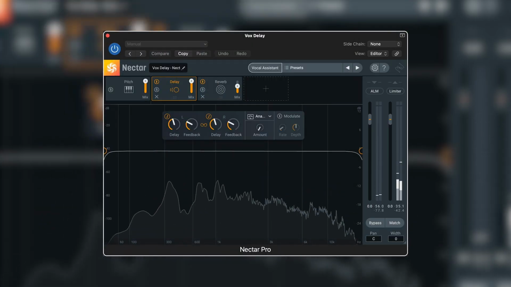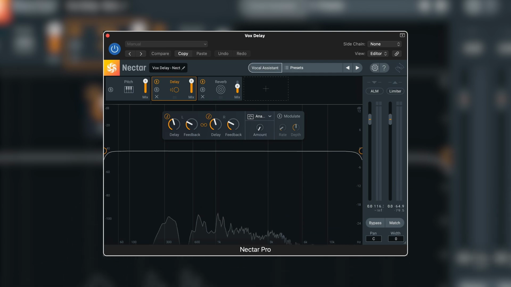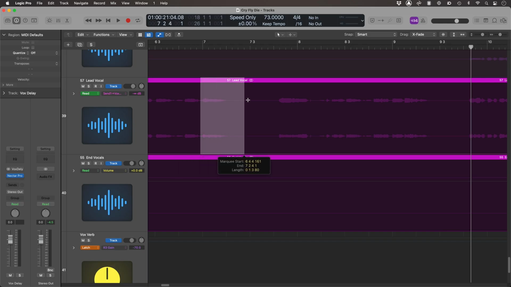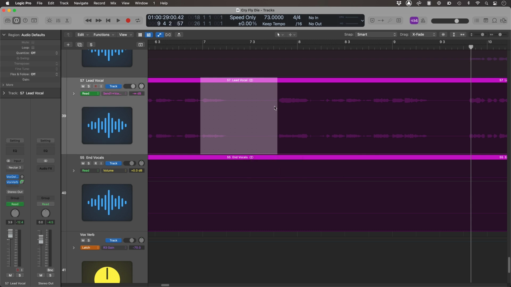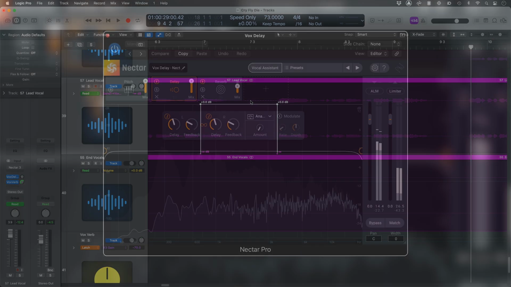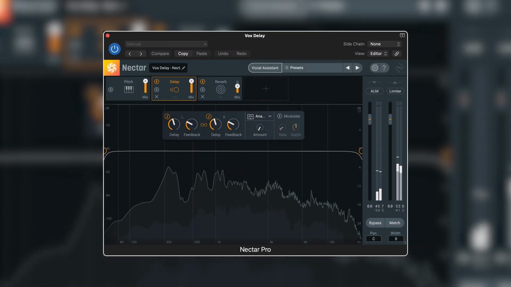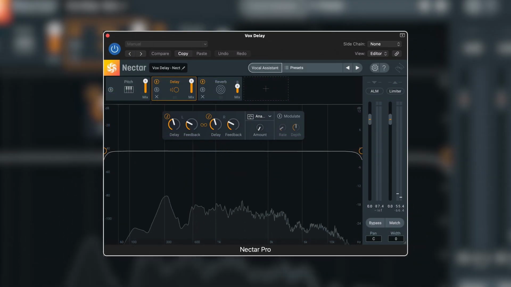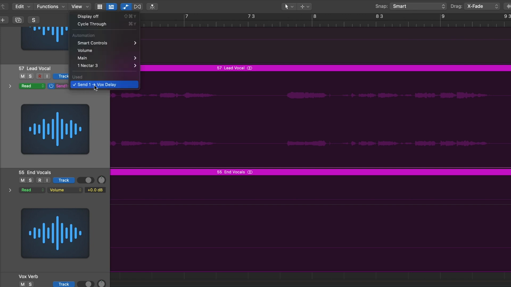We can add some interest and variation to a vocal by using delay throws. Now, delay throws are when we selectively apply a delay to specific words or phrases in a vocal, typically set to a longer note length, like a quarter note. In this instance, I'd like to add some interest to the last word of the phrase, the word fly, which works quite well to hear the word flying away from the listener.